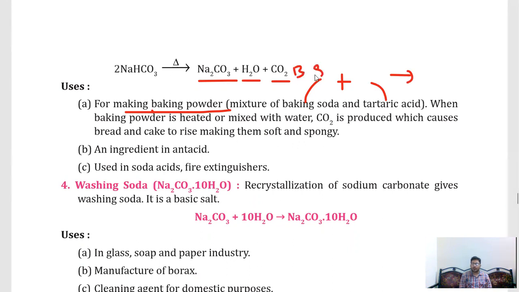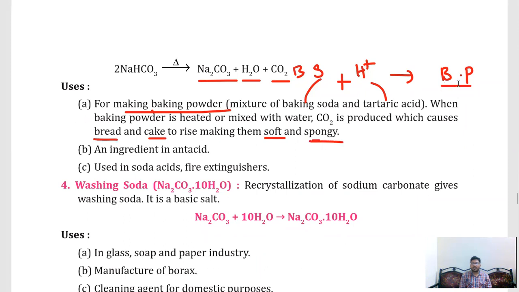So you have to take baking soda and a mild acid such that you will get baking powder. And this baking powder will be somewhat bitter in taste. At the same time, if you see the manufacturing of cake, bread, something, it is soft and spongy.